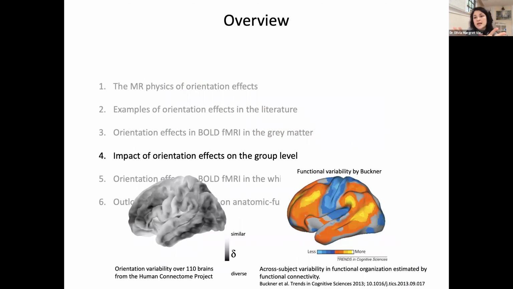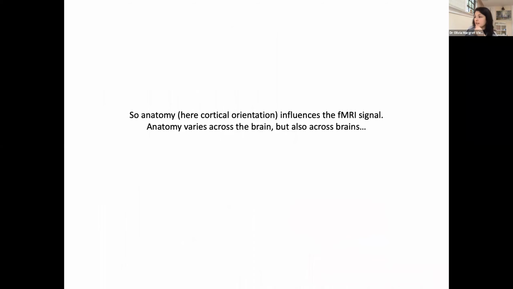So all that we looked at so far were results that tell you something about the orientation-induced bias across the cortex of a single subject. And now I want to discuss this topic a little bit from a group level point of view, because we know that anatomy varies differently across the cortex, which is mainly due to evolutionary and postnatal development. So anatomy here, cortical orientation influences the fMRI signal, we just discussed that, and anatomy varies across the brain, but also